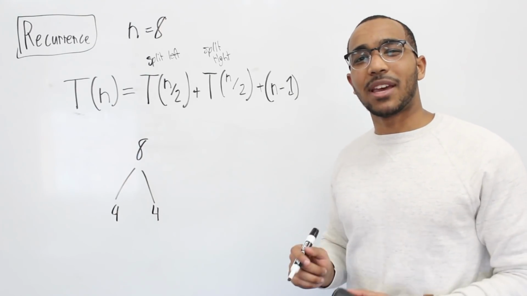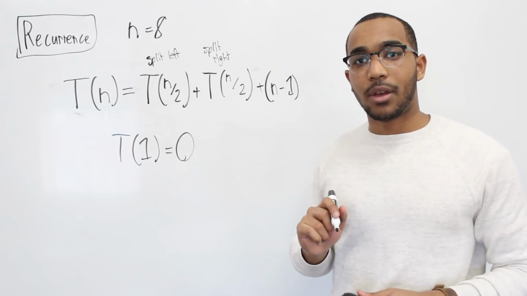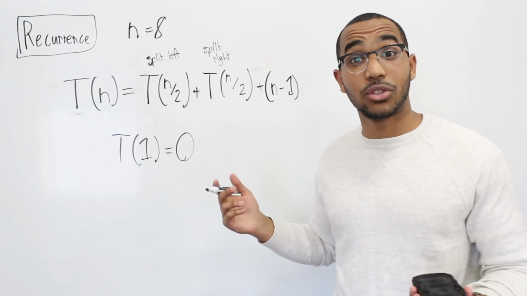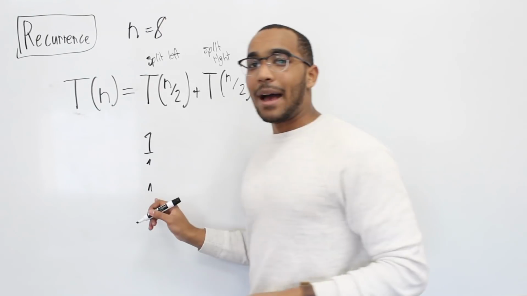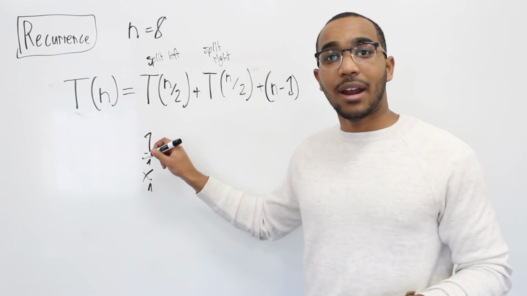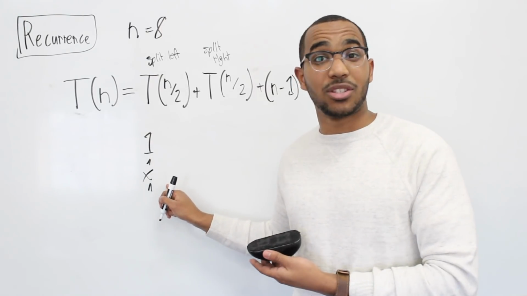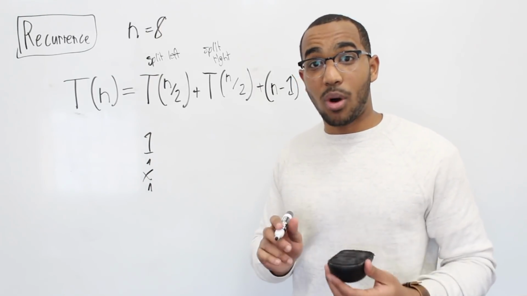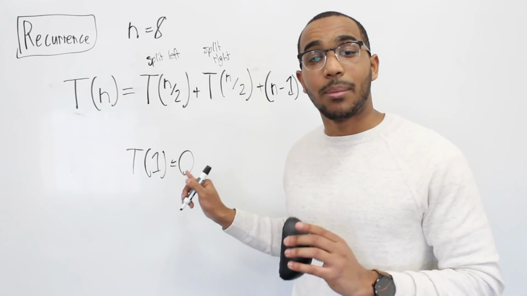And what is our base case? T of 1 is 0. If I have one item, how many comparisons do I do? When I pass it into my merge function, this is what's going to happen. I'm going to have nothing, and then I'm going to have the one item. The one item will get the placement because there's nothing to compare against. So T of 1 is 0 comparisons.